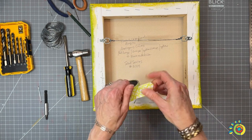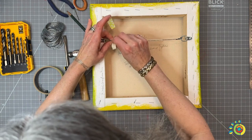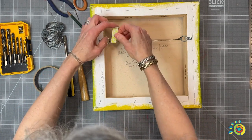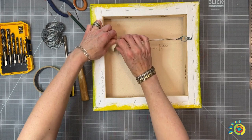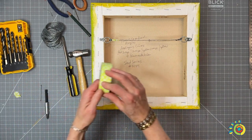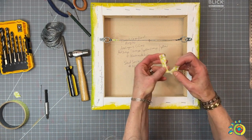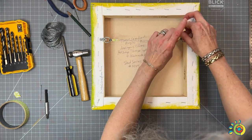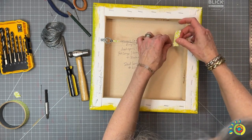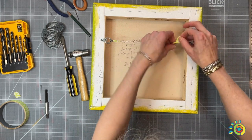And the reason I do this is to save the fingers because the wire splits over time. I can't tell you how many times I have nicked and scraped my fingers on hanging wire off of canvases. And think about it, y'all. Other people, if you're dropping your piece off to a gallery, if you're selling it to someone, if it's leaving your hands, someone else has to deal with your piece. You don't want them to get their fingers scratched and scraped up either. So we're just saving everybody's fingers